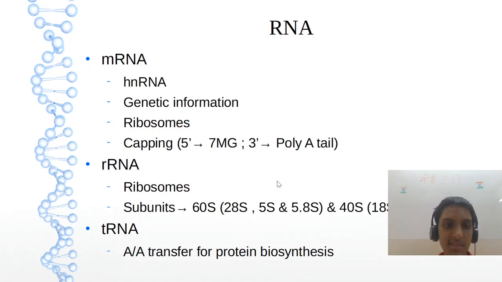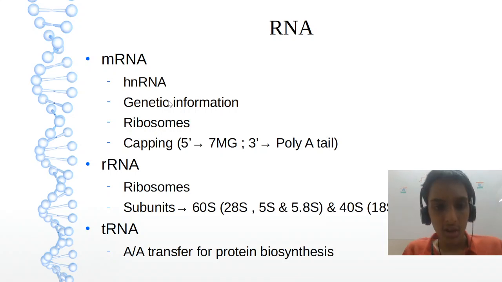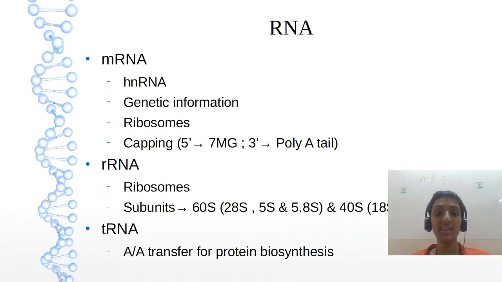What is the role of this messenger? First of all, it's called hnRNA. And genetic information will be expressed. Actual transfer by DNA. Expression done by the RNA. Remember that. Okay. Though the function is common for both. And mRNA, messenger, it will signal the ribosomes to start the protein synthesis.